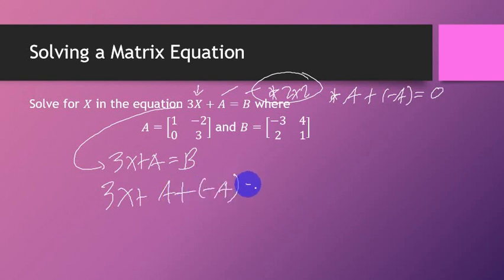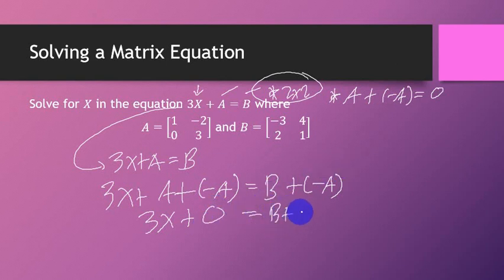And if I do that on the left side of the equation, I should do that to the right side of the equation as well. Now, this will now lead us to 3 times x plus the zero matrix is equal to B plus negative A. And we know that plus the zero matrix would just be 3x is equal to